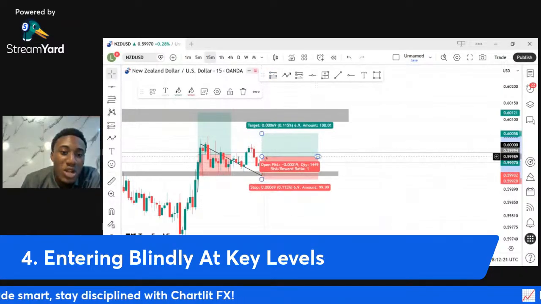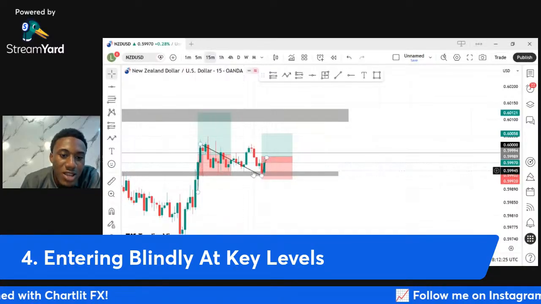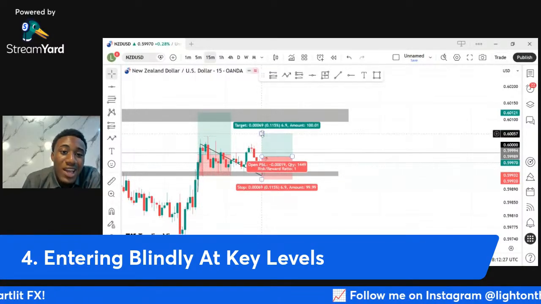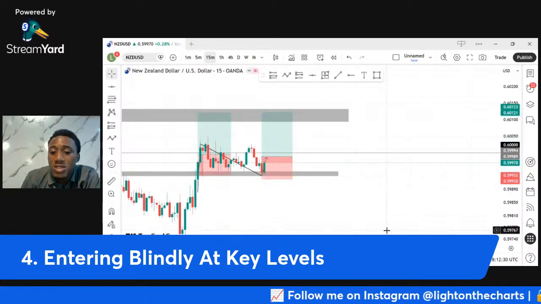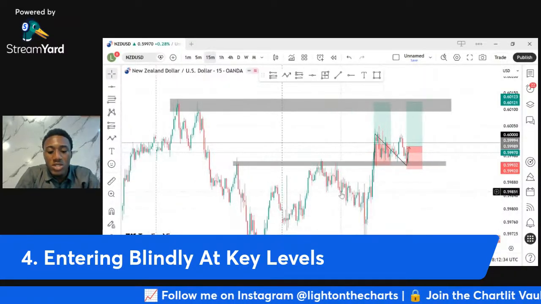If anyone asks why you're buying currently, you tell them that price broke here, retested, meaning buyers are protecting here, giving price support to fly high. So that's just it. You don't enter blindly. And then if you go to Euro USD,